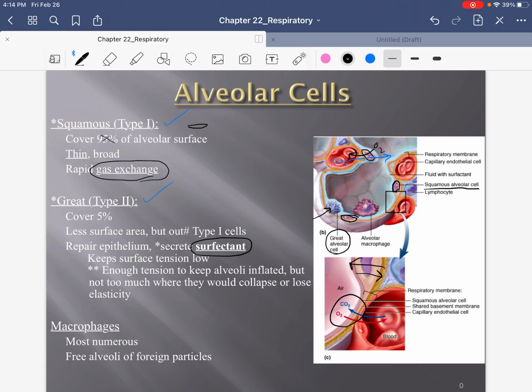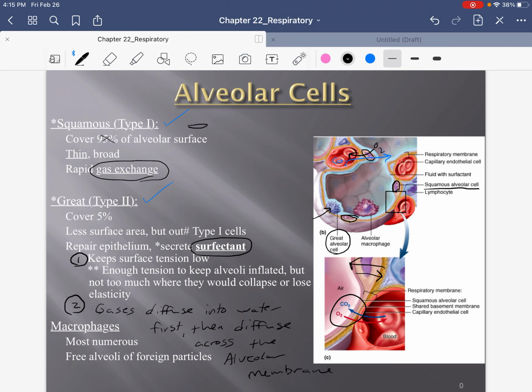So one of the reasons we need this surfactant is to keep the surface tension low, which I'm going to discuss in a minute. And another reason that I'm going to add, and because I'm writing it down, this means you need to know it, right? Another reason why this surfactant is important is because gases diffuse into water first, then diffuse across the membrane. So when we talk about gas exchange in a little bit,